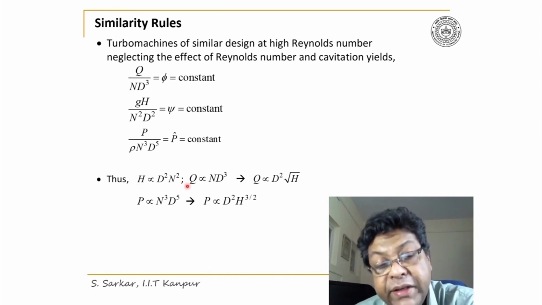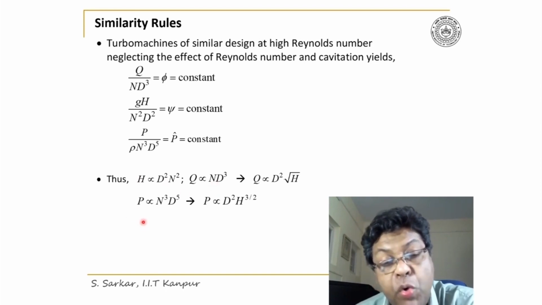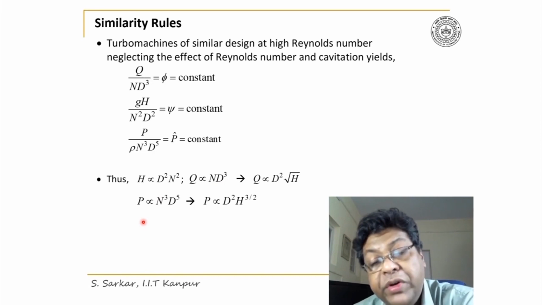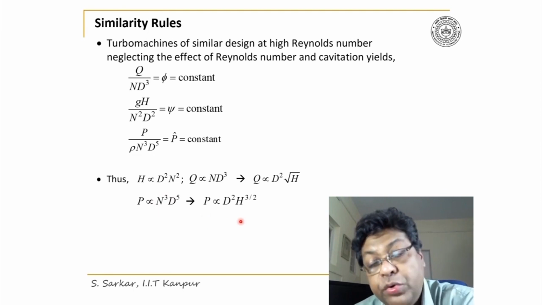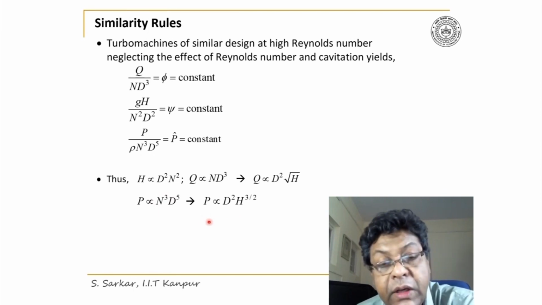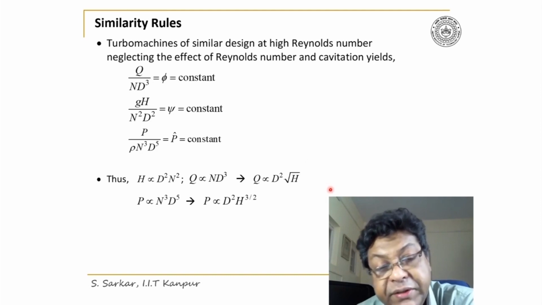And thus combining these two, I can write Q also proportional to D squared into root H. Similarly, P proportional to N cubed D to the power 5 and replacing N, I can write P proportional to D squared H to the power 3 by 2. So these are the important relations for similar machines or for machines with dynamic similarity